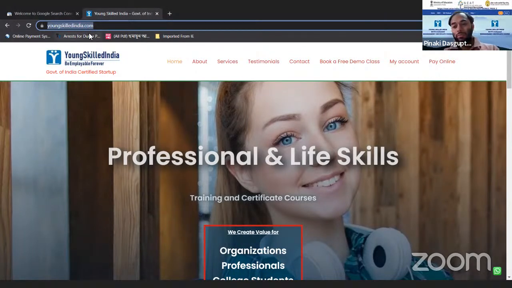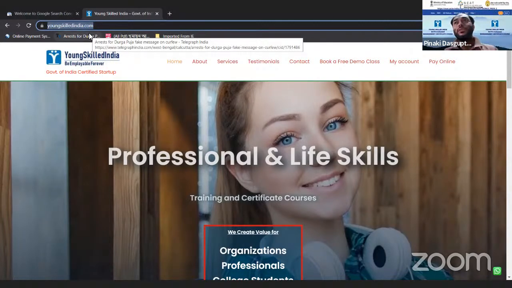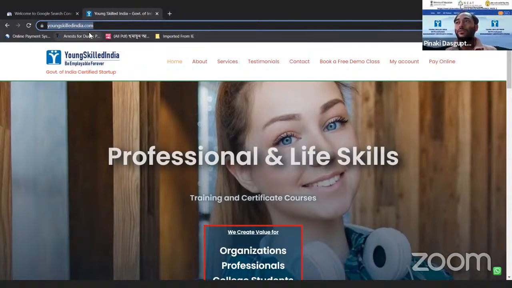Now say I am Pinaki. This is my domain name. That is my name basically. And now I live in my home. So my home has an address. There is a structure, that is a flat or apartment. So this is basically the hosting. In case of a website, there are two components. One is the domain name, that is the identity of the website, and another thing is the hosting, where you store all your website files.